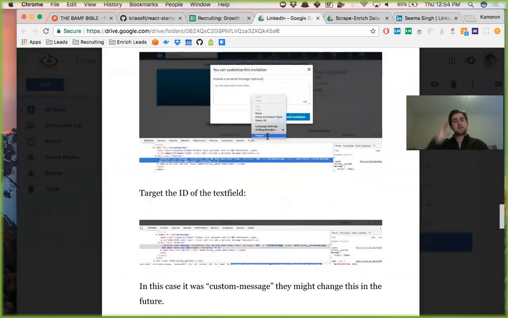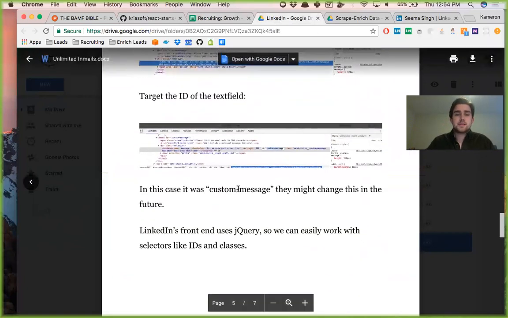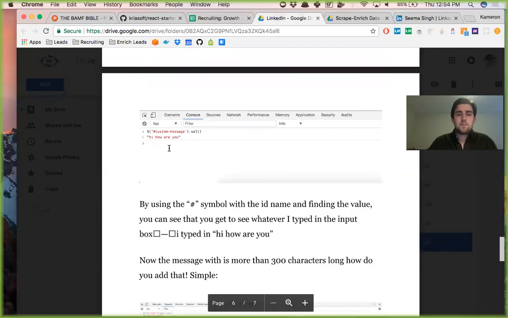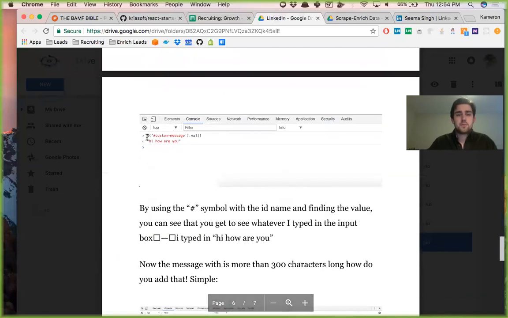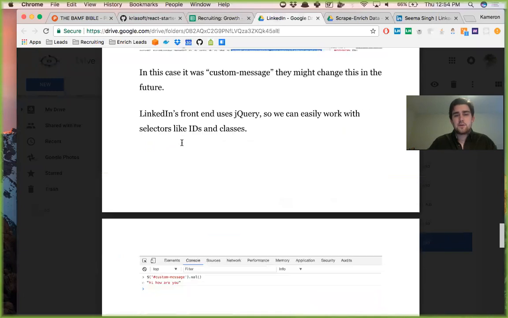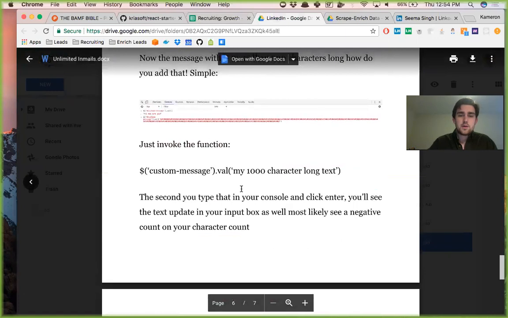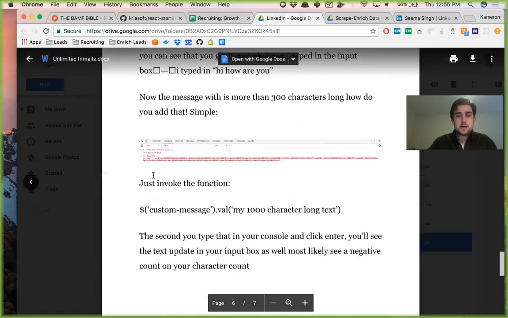So you get the ID of the text field. In this case, it was custom message. You don't really need to know jQuery, but what you're going to be able to do is you're going to be able to put this $ sign and then the field in here .val. And what it's going to do is it's going to return you whatever you type in this box. So what we can do is